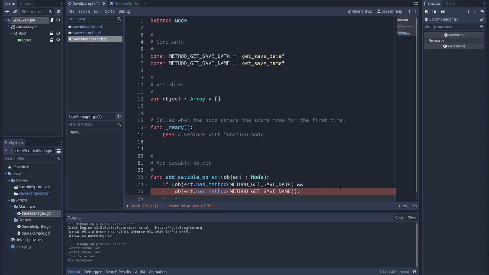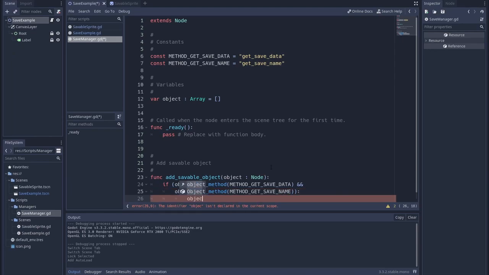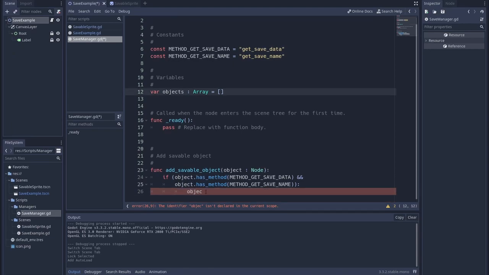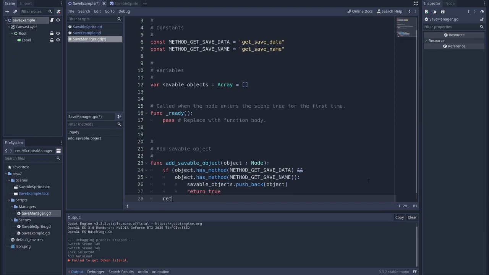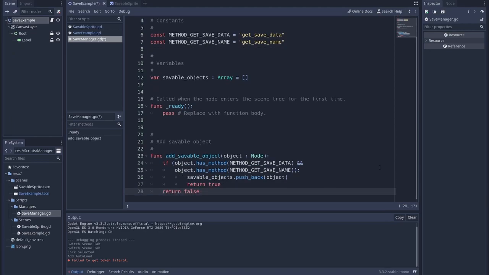If it has these methods, we will do, this should be called objects. Actually, let's make it savable objects so it's a bit clearer. Savable objects, and since it's an array, we do push back the object. And then we could return true to indicate that we have added this object, and if not, we could return